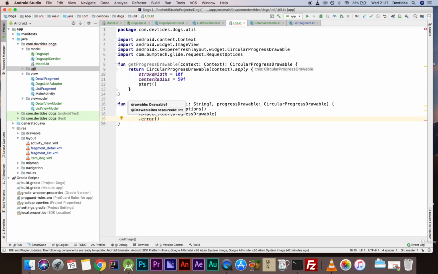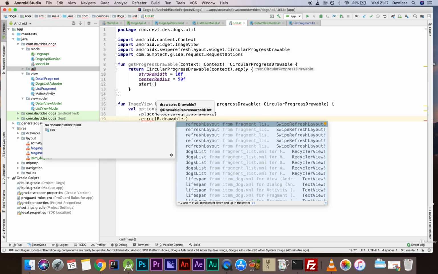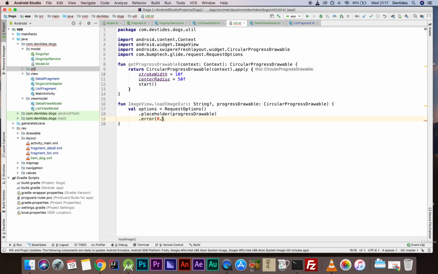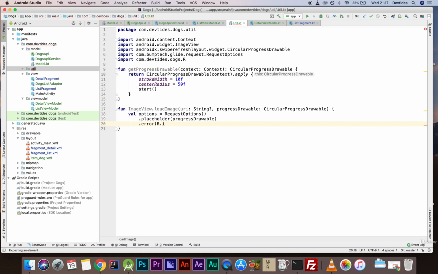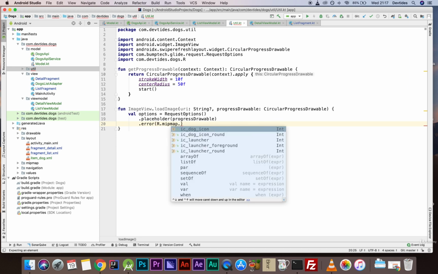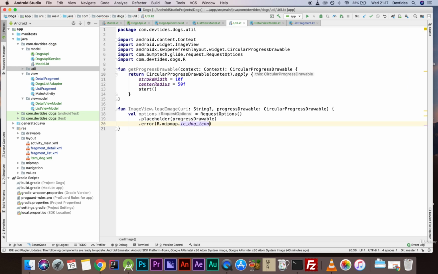So in case there's an error, we need to display some default image, and I'm going to say R dot drawable, let's say dog. Instead of drawable, we're going to import the R. We're going to say mipmap dot ic dog icon. There we go. So we have the dog icon if there is an error